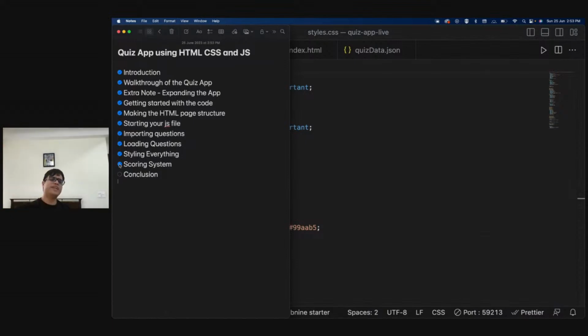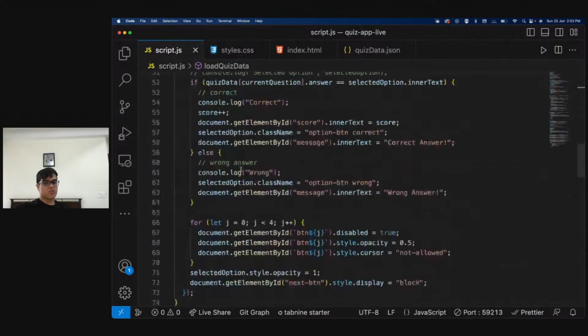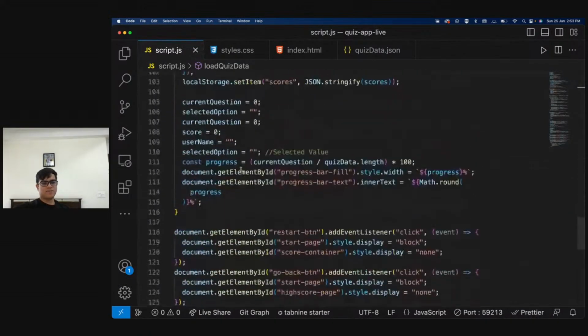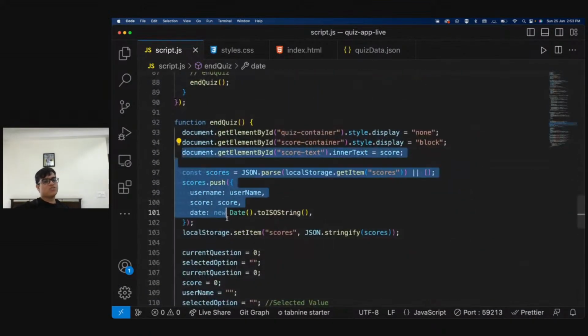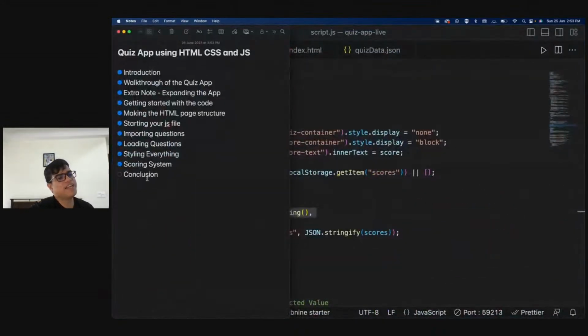So you can add more details. All the logic for the scoring data is in the local storage part. So just this part, right? Just push whatever data you want to, and you will be good to go, right? And that is about it. Correct. With that, we have officially come to the end of this entire quiz app.